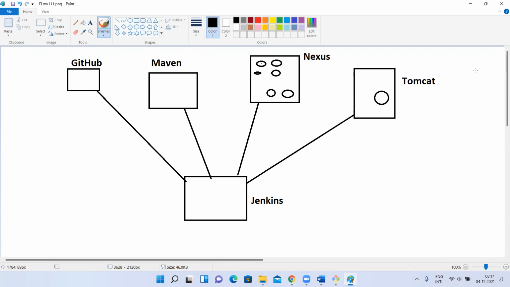But first, let me show you how to install Nexus. In Windows, it is very simple. Download it, you'll get a zip file, extract it. You'll get 2 folders, get into the bin location and run one command. It will start. But let me show it on Linux, which is what we use in real time. I have launched an EC2 instance.